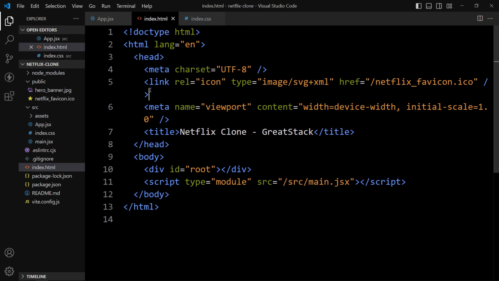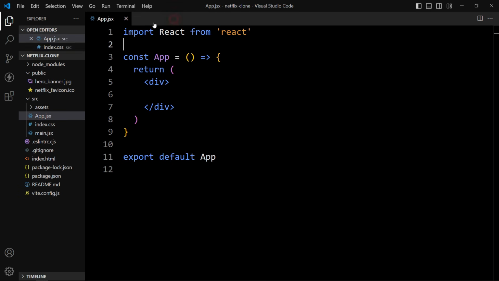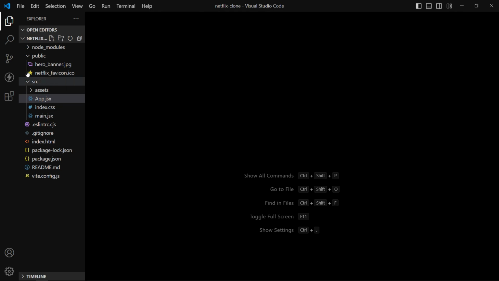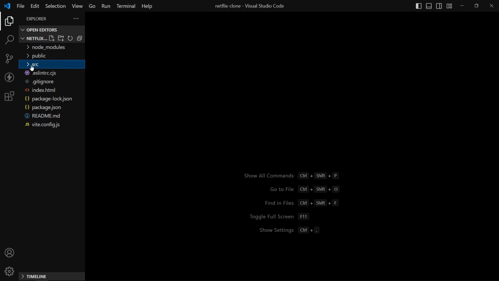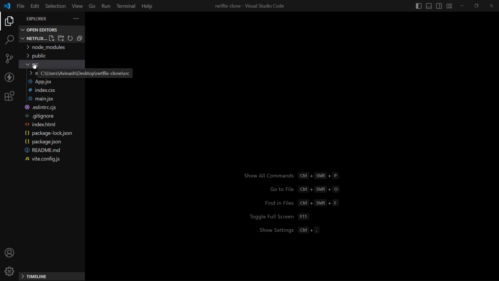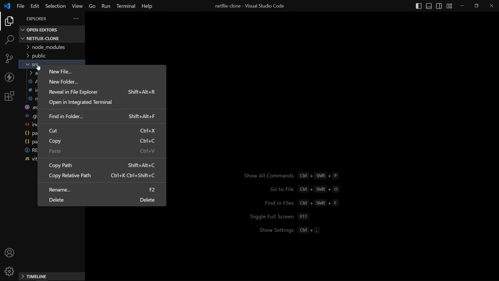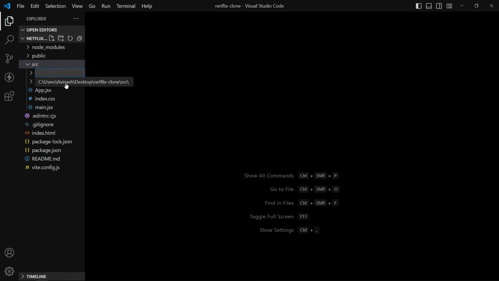Now we will create the folder structure for our project. So let me close these files, and in this sidebar we have the src. In this src folder we will create a folder called components. So right click, select new folder, and we'll add the folder name components.